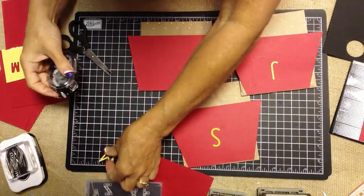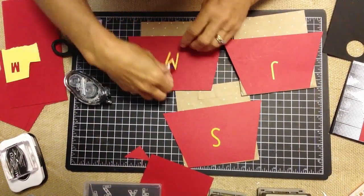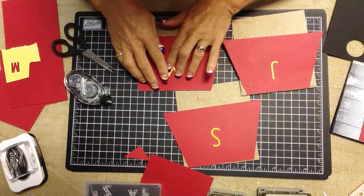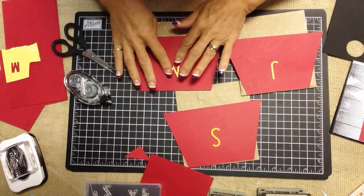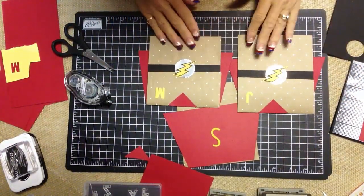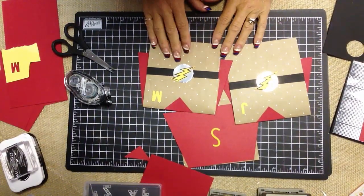That's a new Big Shot die. And so again, just a fun way. People love to have their initials on things. And that way you also know whose treat bag is whose. If you're working with younger kids, it's always important. That way you don't have to worry about she took mine, he took mine, or whatever, because they'll have their initials on them. So just a real fun, simple little treat gift bag for you using the polka dot bags